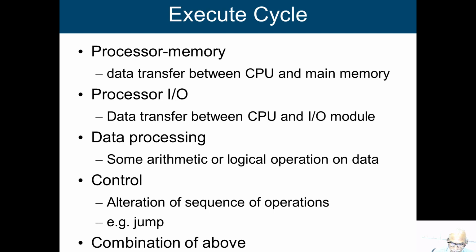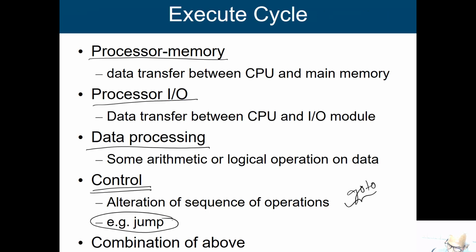Another one we are having is control. Some instructions are going to have a control mechanism. We are going to discuss these things later on. For example, it is talked about as jump. We will see how we are going to do it, but currently I can say that if you are accustomed to C programming, we have a goto statement, a simple one, and we are not using it nowadays, but still we have this particular statement goto to get the effect.